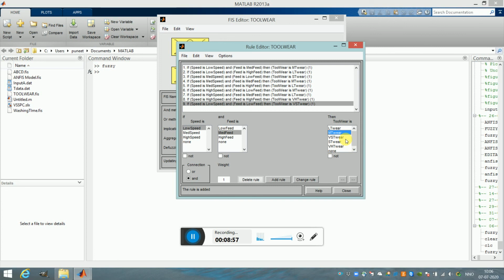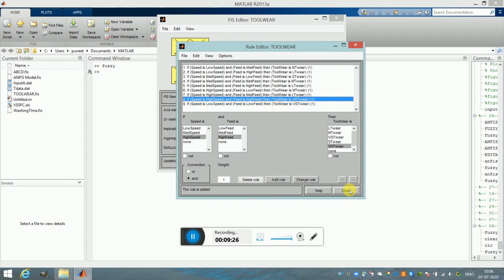The second important rule is when speed is high and feed is also high, tool wear will obviously be very high. So these are like 2 extreme ends, and all other rules will follow in between these 2 extreme values. Okay, now rules are entered.